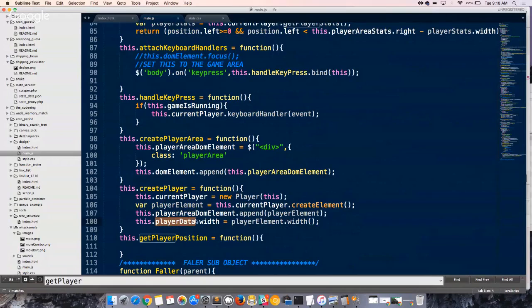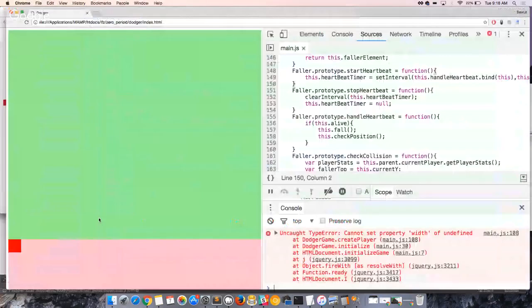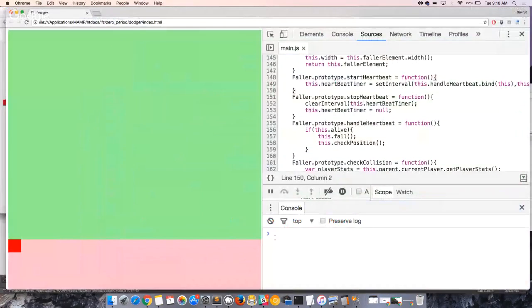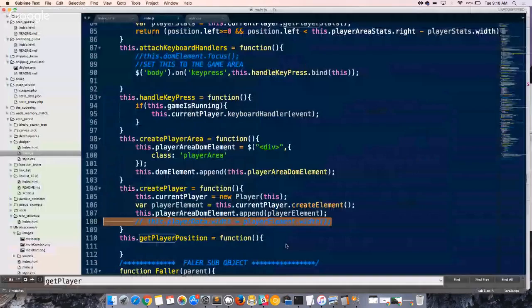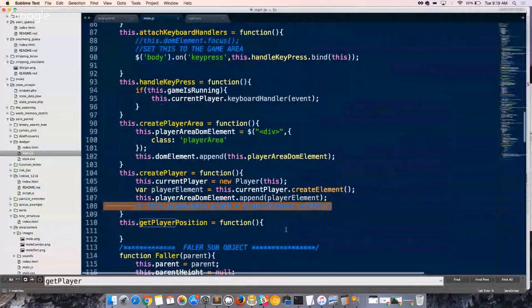Did I really? I think that was something I added before, but then I got rid of. So let me, for the moment, comment that out and see what happens. A faller, and then what am I going to do? Actually, that has to be